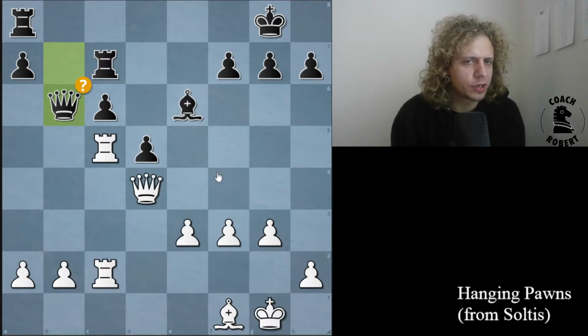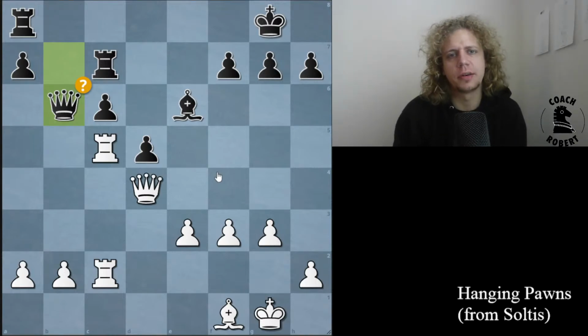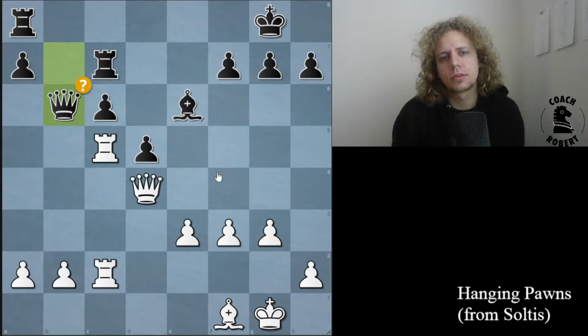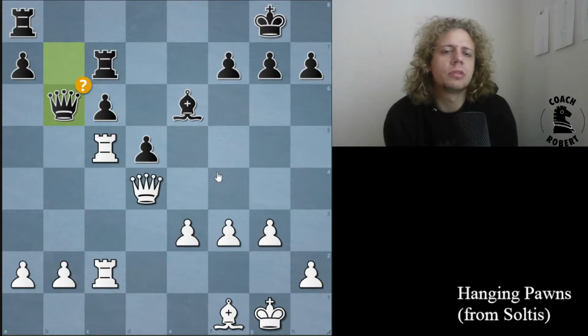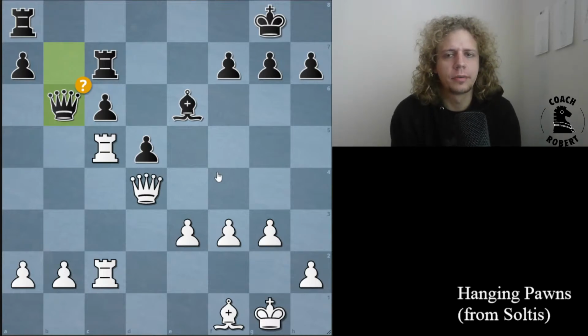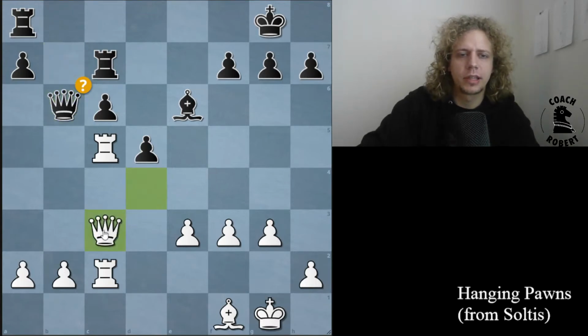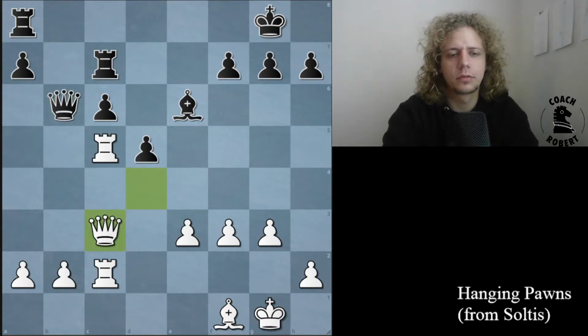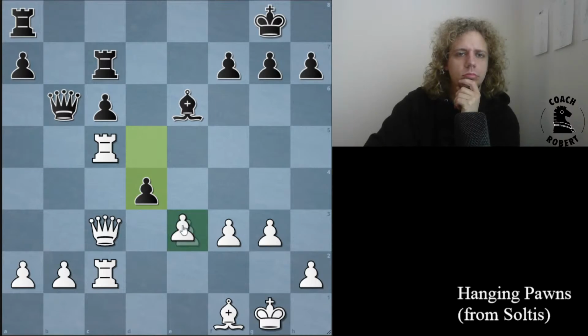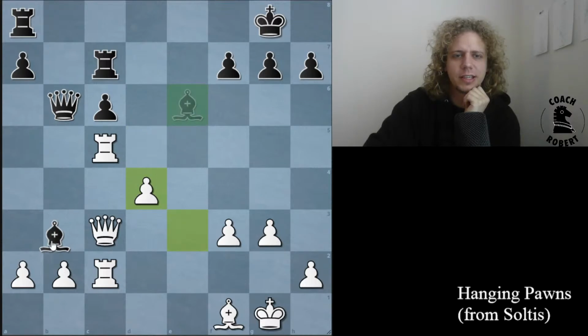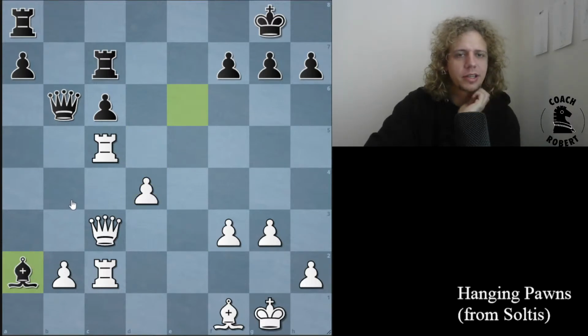Queen c3 is interesting because it does put more pressure on c6, but it also takes away the blockade for a moment. So I wonder if when you play queen c3, will they play d4? Here, I'm going to play that and let's just see. This seems kind of logical, which doesn't mean that it's good, but it's logical at least. I was thinking maybe I could try to muddy the waters like this. Like, not losing material, but